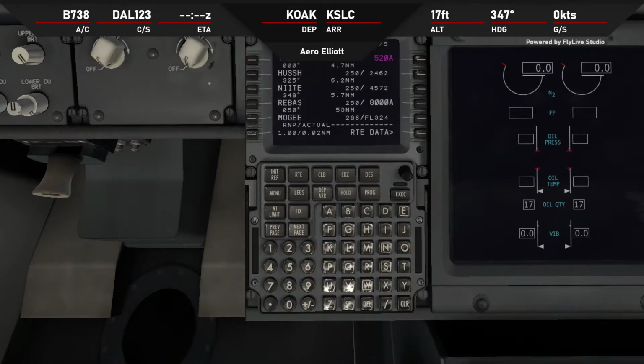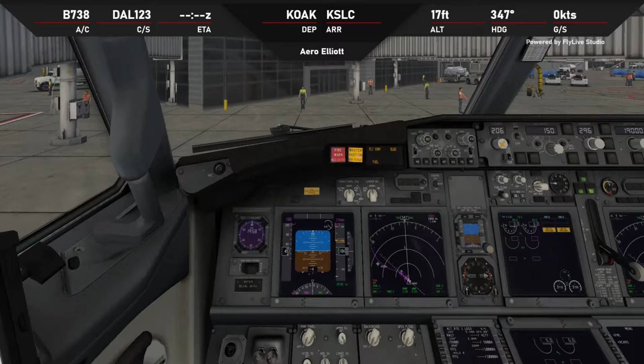And then we'll brief the arrival as we get a little bit closer to Salt Lake City, but it looks like there aren't any issues there from a setup perspective. So that takes care of route, performance, and all that good stuff. We can go ahead and grab the weather here in Oakland. So let's go ahead and grab our